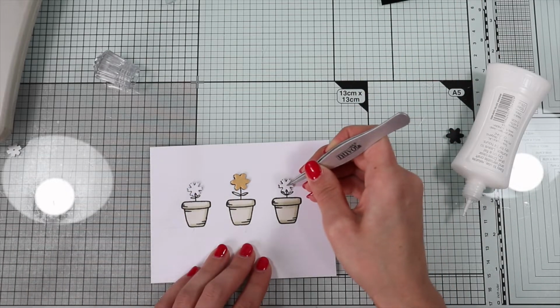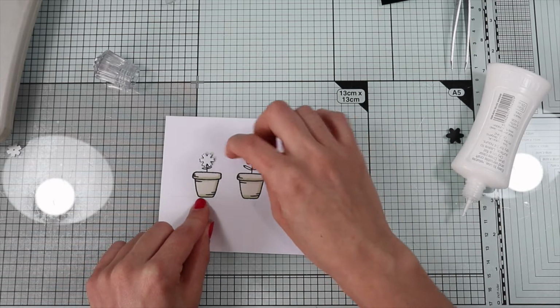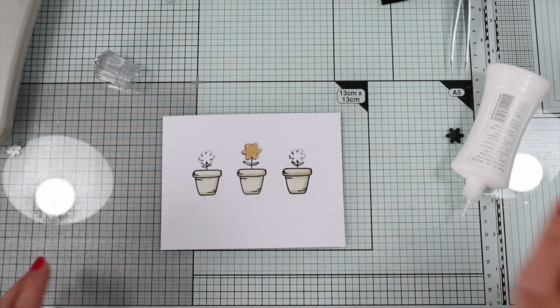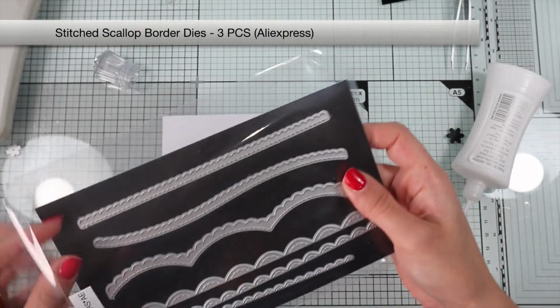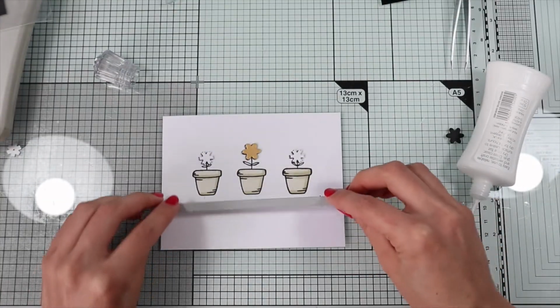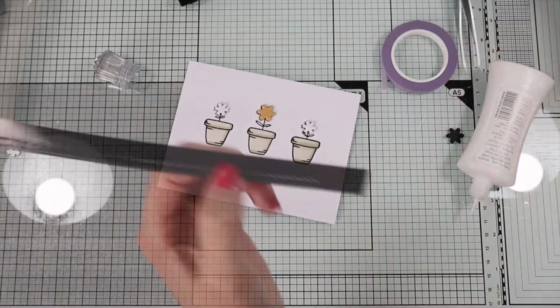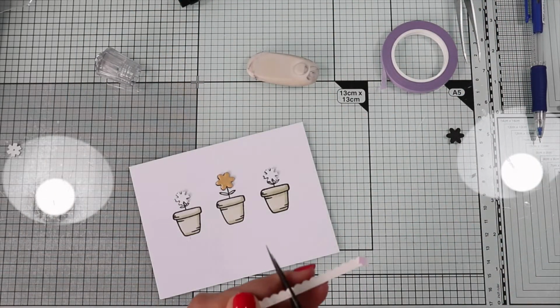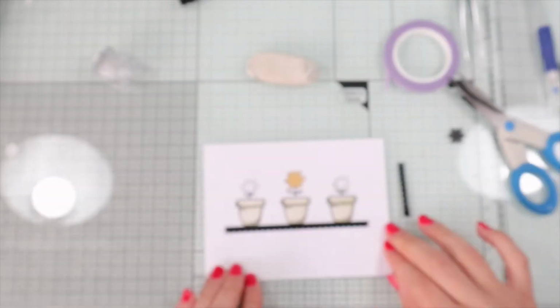Well, since I don't like floating pots, I want them to have a ground. You can draw it with alcohol markers or simply cut out a strip of cardstock. I decided to die cut the black mirror paper with a stitch scalloped border die. I glue the ground and I move on to the sentiment, for which I decided to use a stamp included